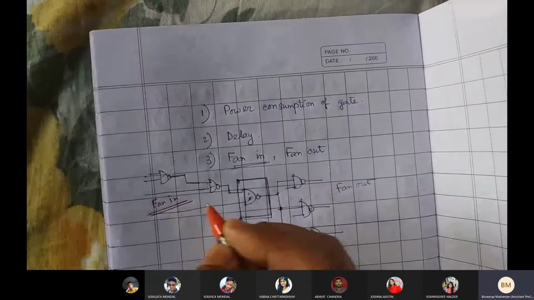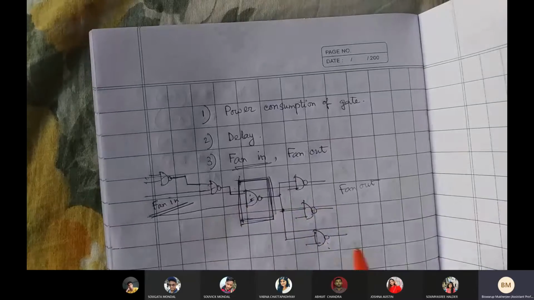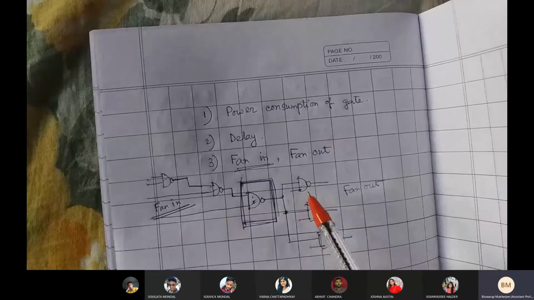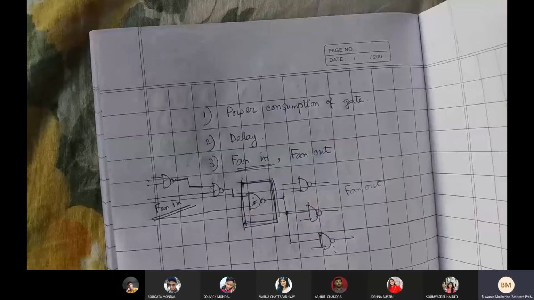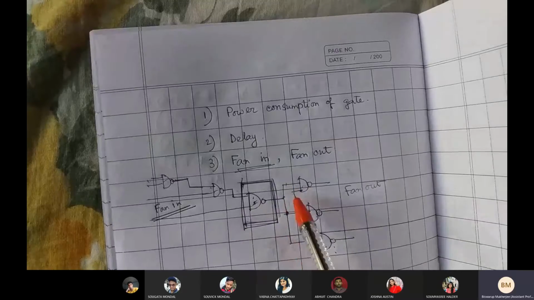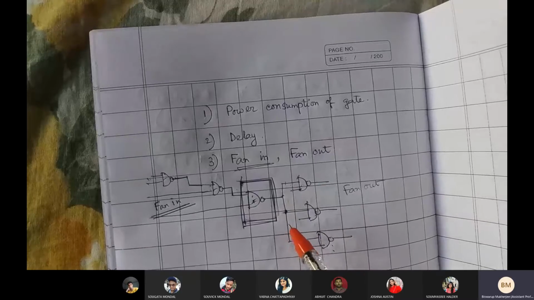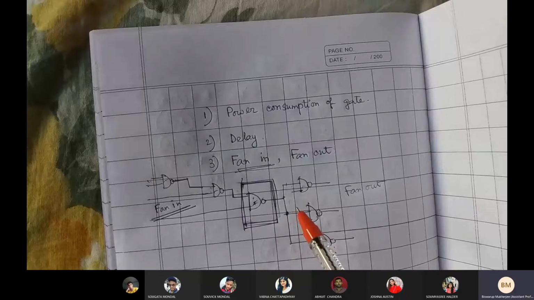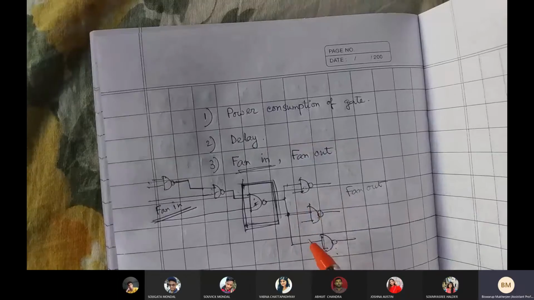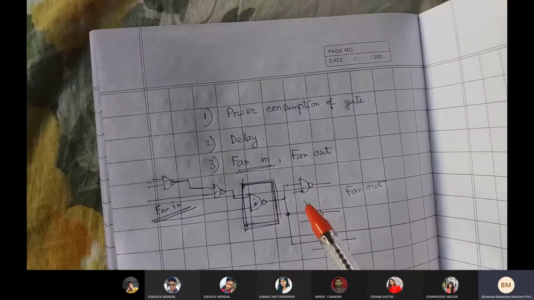So how many gates are actually providing input to that particular NAND gate fruitfully, and how many gates it is actually driving at the output, that's called fan-out. Okay. Again, the same thing. Ideally, if it could drive an infinite number of gates at the output, that would be better, but it is not physically possible, because whenever you connect a number of gates at the output, the current gets divided, and you require at least a minimum amount of current in order to drive these gates, right? So you cannot connect infinite numbers of gates. Logically it is possible, but physically it is not possible, right?